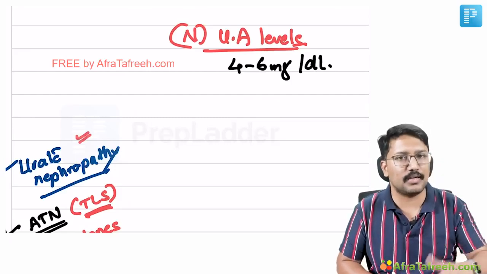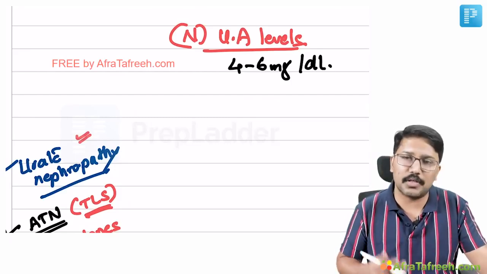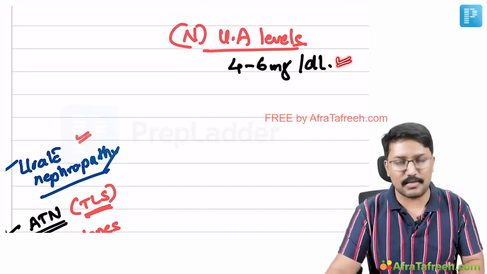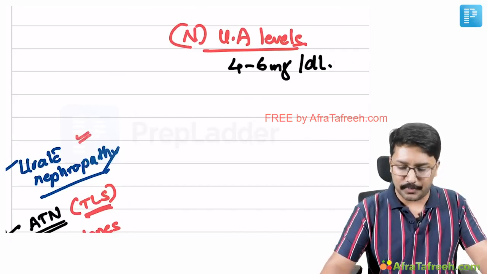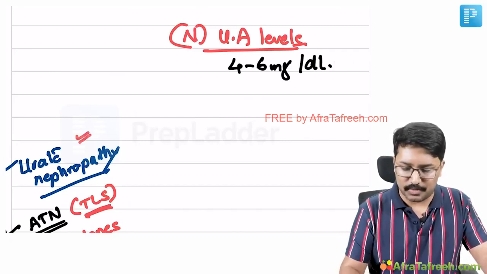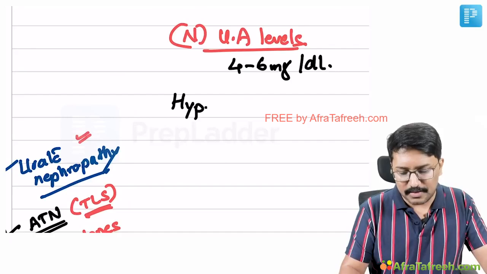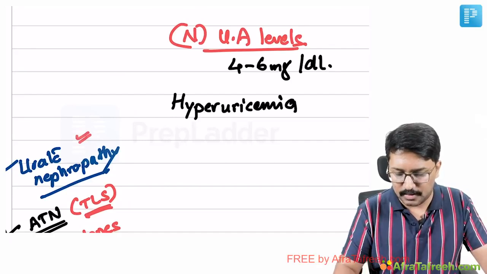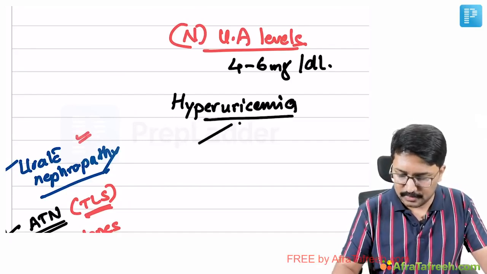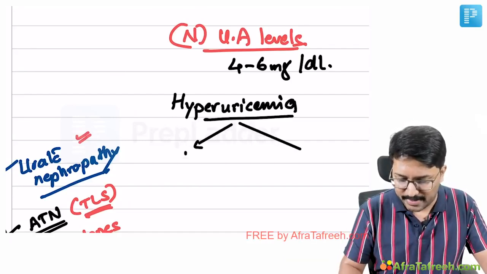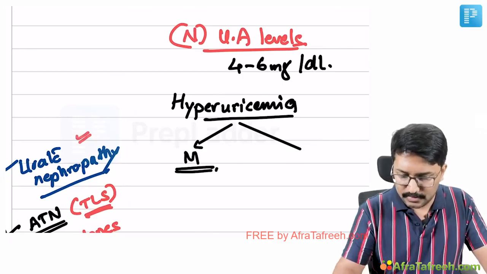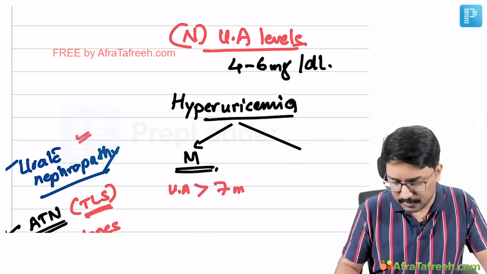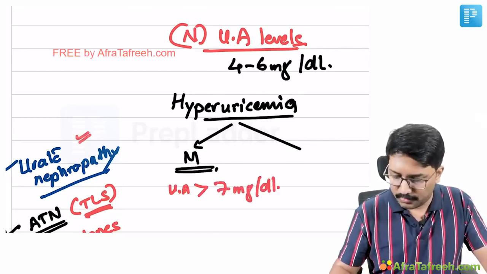The lower species have uric acid levels lesser than 2 milligrams per deciliter, but when we talk about humans and some higher primates, we see that the uric acid levels are slightly higher. Okay. Now, when do we call it hyperuricemia? Hyperuricemia is defined differently in males and females, right? So, if we talk about males, generally serum uric acid levels greater than 7 milligrams per deciliter, or for females,